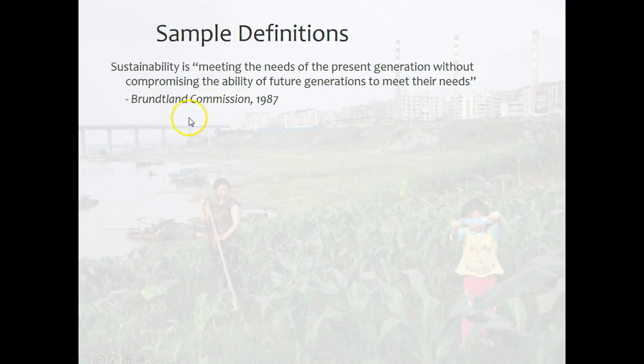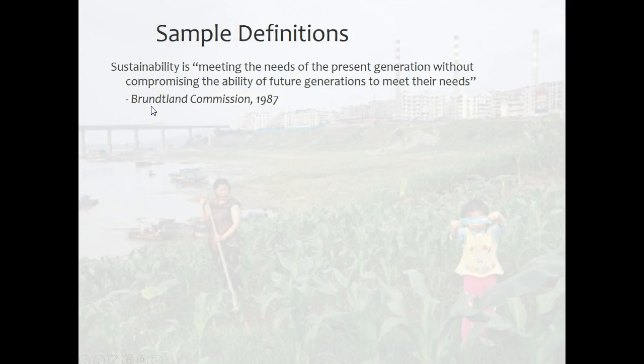This is something you should know. So the Brundtland Commission, as I said, there is no single definition of sustainability out there, but this is the one that is most widely recognized, most widely known. So if someone is asked what is the definition of sustainability, this is the one that's most commonly cited. So just an FYI, the Brundtland Commission was put together by the United Nations in the early 1980s,